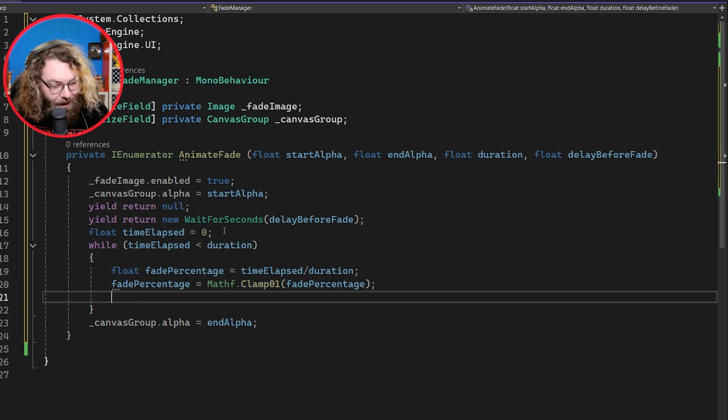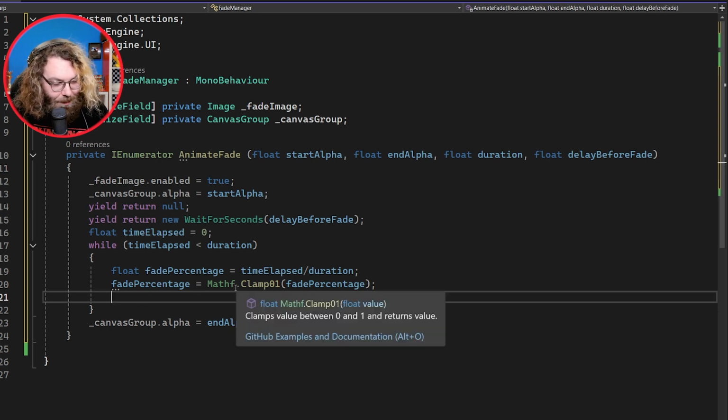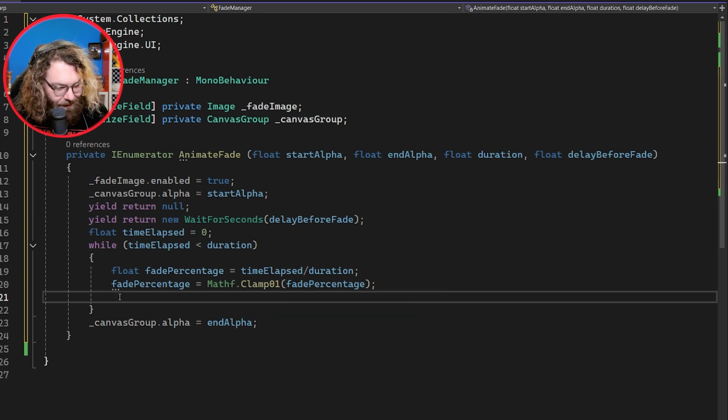And that's what we want, because we don't want to fade further than transparent, and we don't want to fade further than fully opaque. So clamping it gives us a percentage of 0 being 0% and 1 being 100%. We don't necessarily know whether we're going from 0 to 1 alpha, or 1 to 0, or even 0.5 alpha to 0, or 0 to 0.5. So the way that we can account for all of those different possibilities is we can do canvasGroup.alpha equals